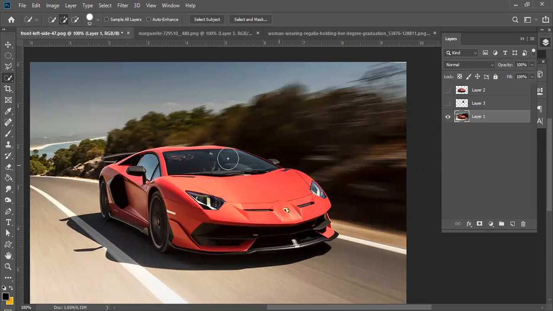And again, with the quick selection tool, I'm simply clicking on the object, brushing over it a little bit without going off the edges. And I'm going to have Photoshop automatically determine what should be selected. It's not going to be a perfect selection, but the quick selection tool is